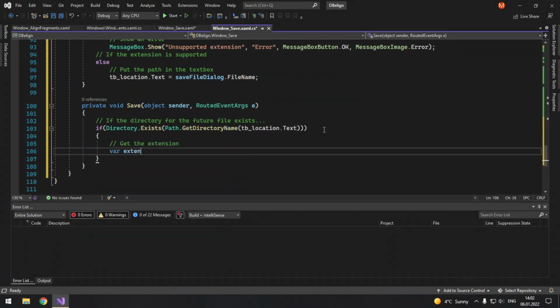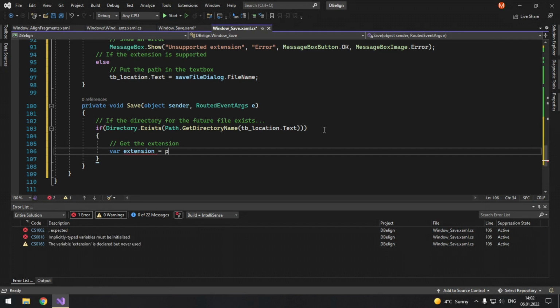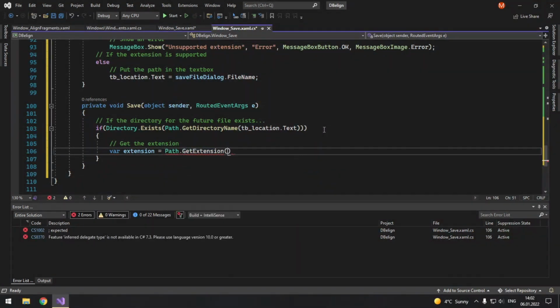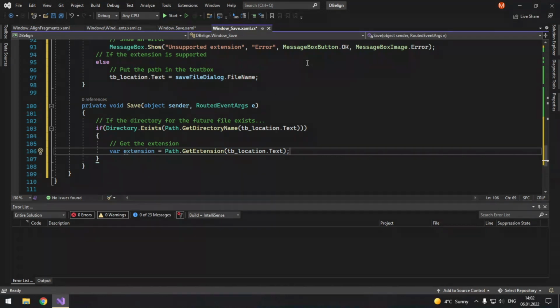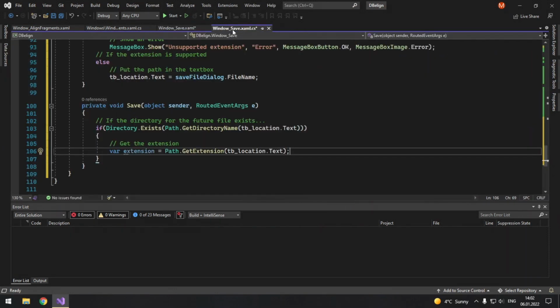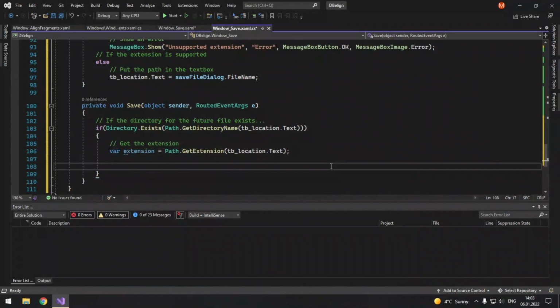So var extension equals Path.GetExtension tb_location.Text. And if you wonder why we do it again, that is because we can specify one name when we select file, but then we in theory can change the name here because it's a text box, and the extension as well. So then we check the extension.